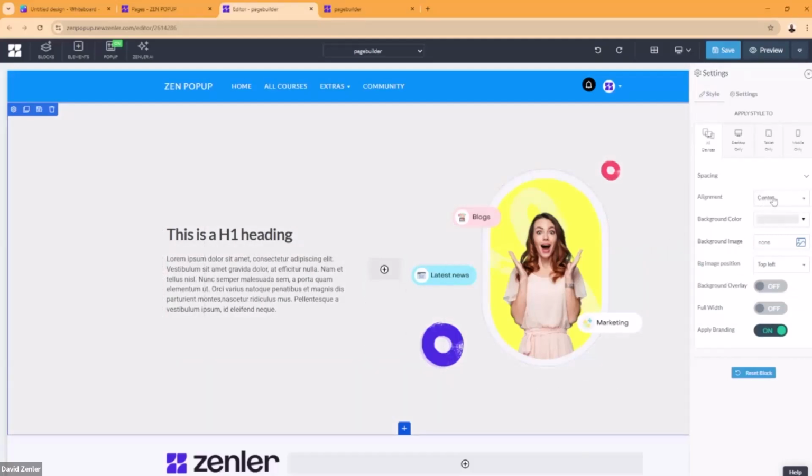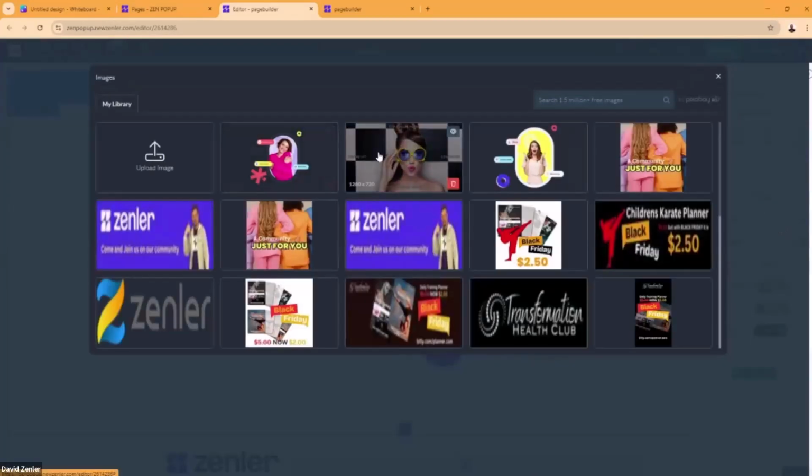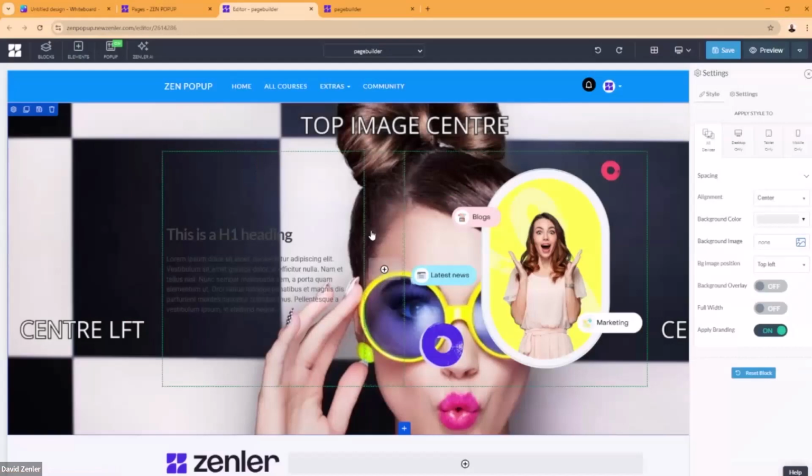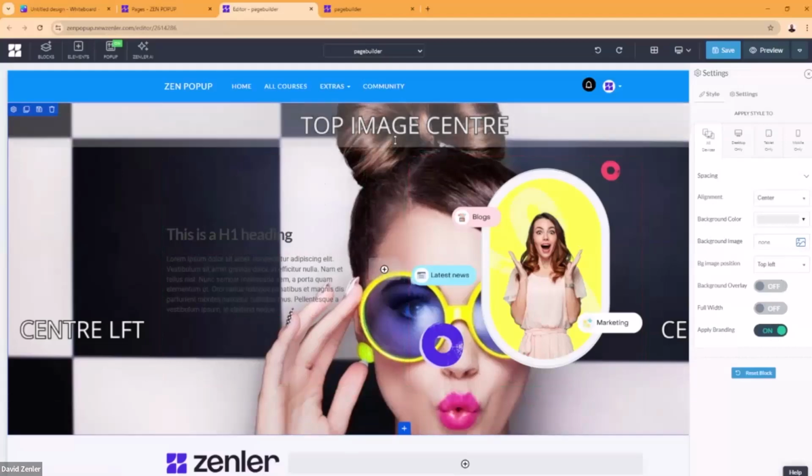You're also going to notice that on this main blue block, I can apply a background image. So if I select something like this, our background image, you're going to see it appear in here. Now there's a reason why I've put this here. This will be the Canva template that I'm going to give to you in a while. But you're going to notice that it's appeared in here.